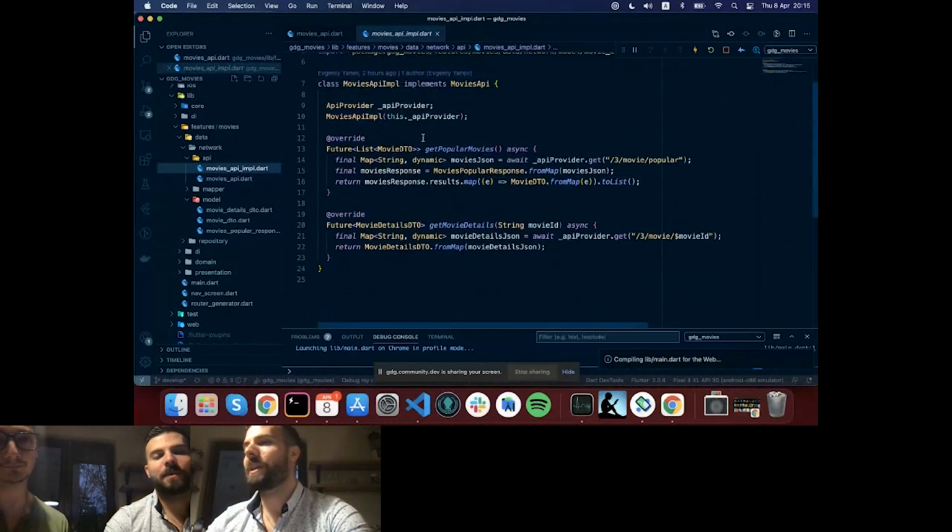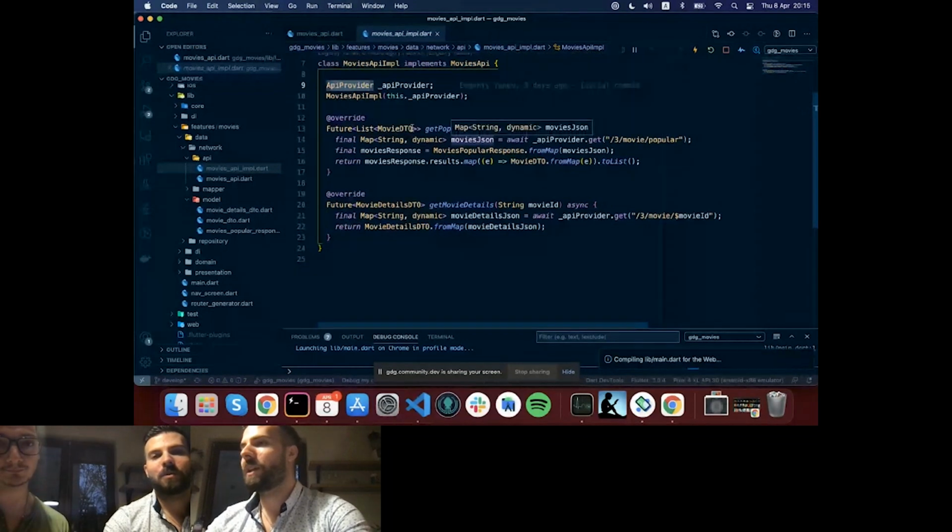The movies API implementation receives only a single parameter, the API provider that was defined in core. That's really nice, because if we want to have another API for something else, for instance a users API, it's going to use the same API provider that we have defined in core. So the implementation behind get popular movies and get movie details,